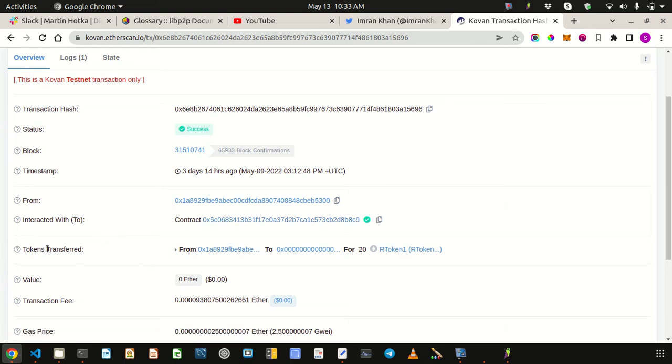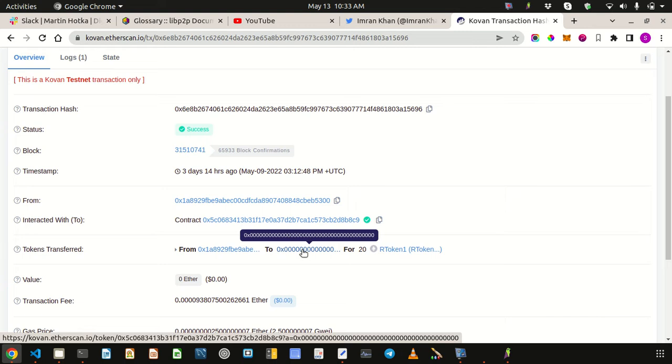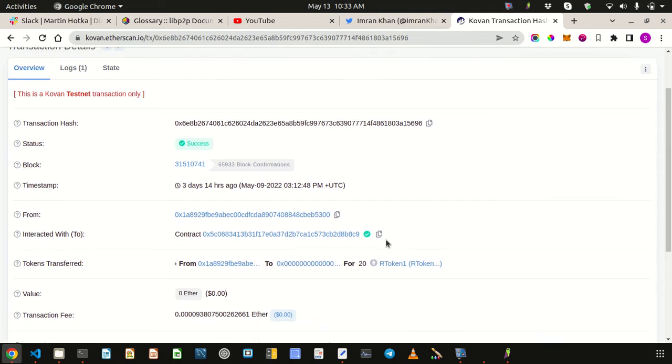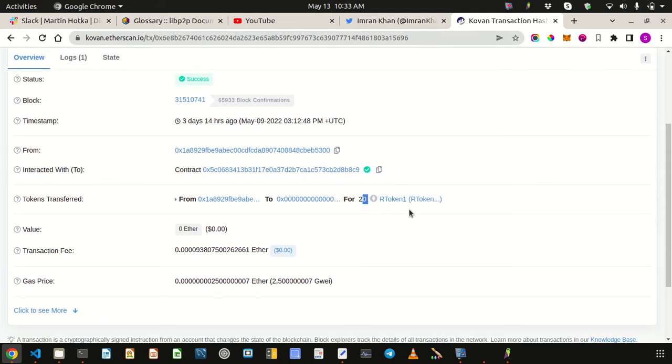And you can see that some tokens were transferred. Actually, this is a burn transaction. So what happens is that from this address, some tokens were sent to the 0th address. So in Ethereum, whenever you want to burn some tokens, the tokens are sent to the 0th address. So this is the amount of tokens that has been burned,